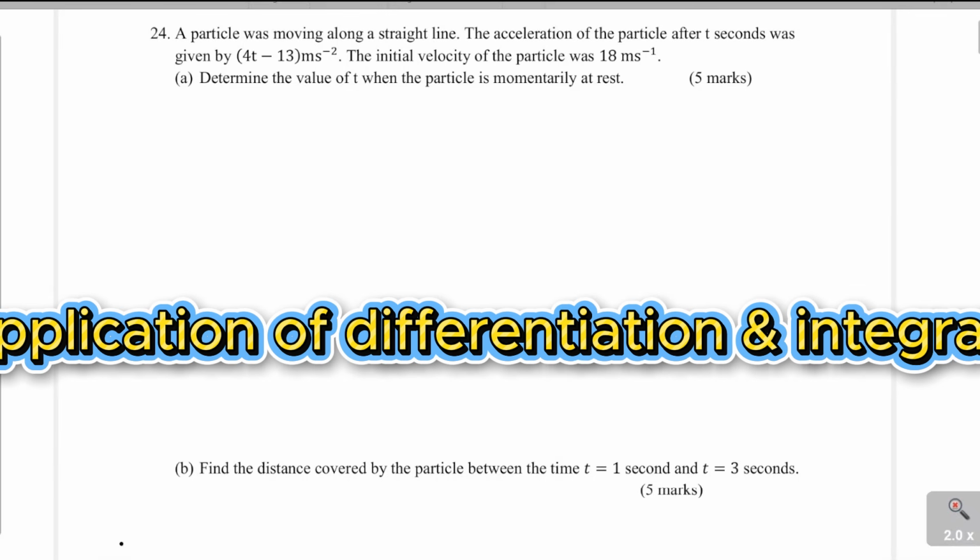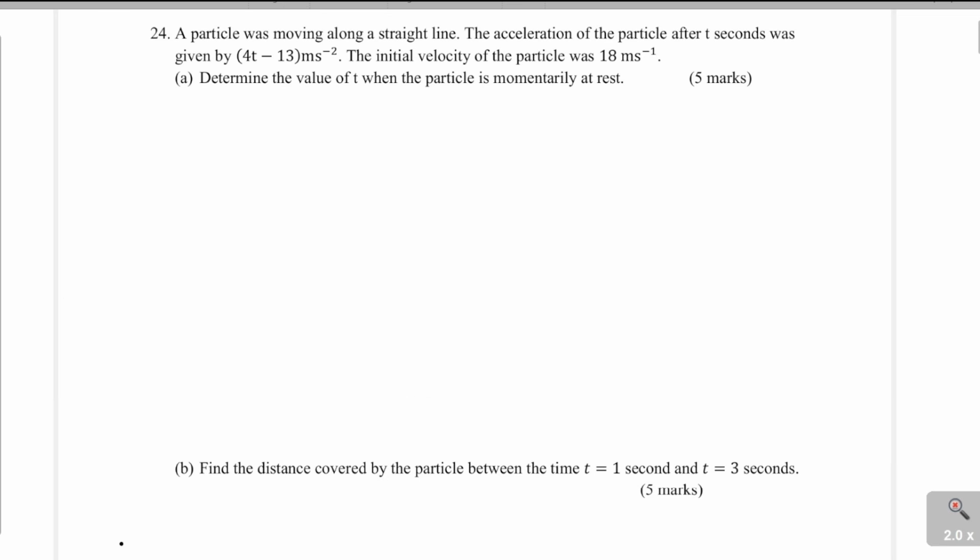Question 24. A particle was moving along a straight line. The acceleration of the particle after t seconds was given by 4t minus 13 meters per second squared. The initial velocity of the particle was 18 meters per second. Part A, determine the value of t when the particle is momentarily at rest. So you're supposed to find the value of t when the particle is momentarily at rest, and what you're given is